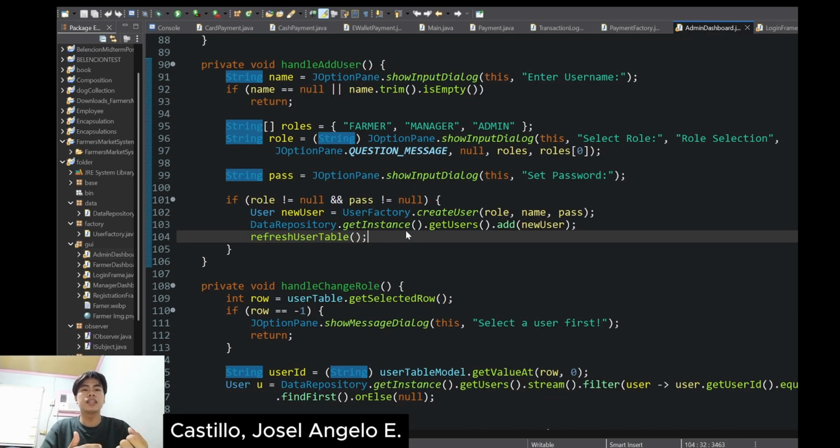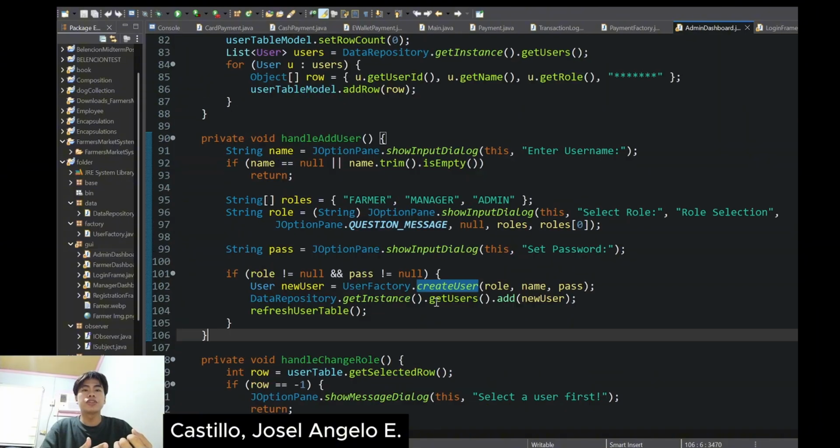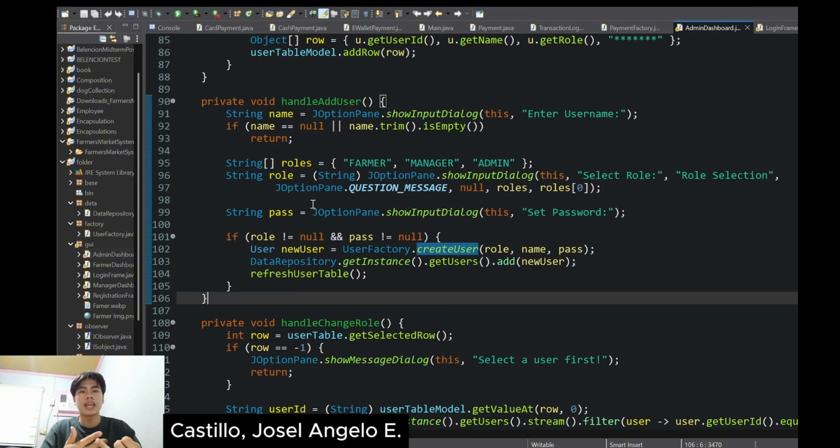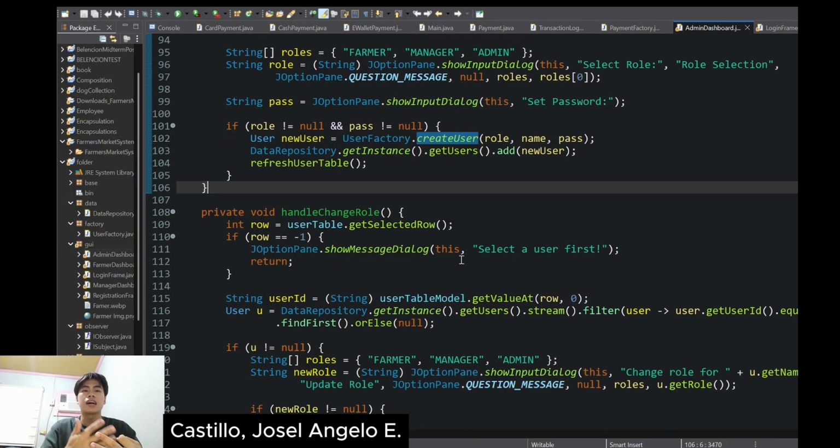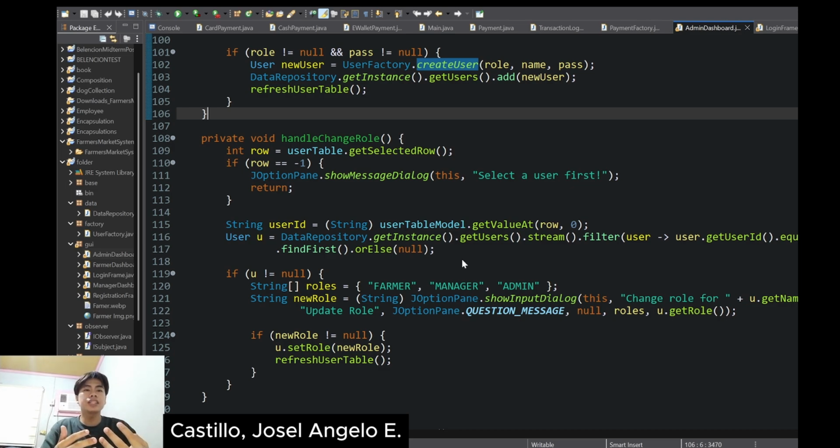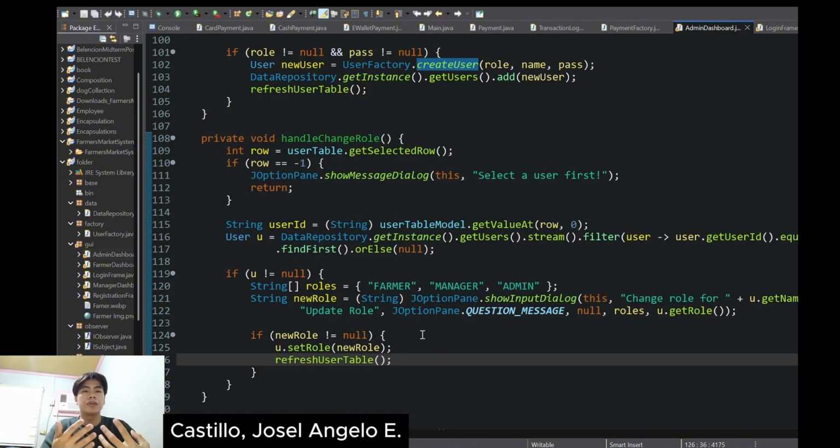A control panel provides three main functionalities: creating new users, modifying user roles, and deleting existing accounts. When creating a new user, the administrator is prompted to input a username, select a role from predefined options, which are farmer, manager, or admin, and assign a password.